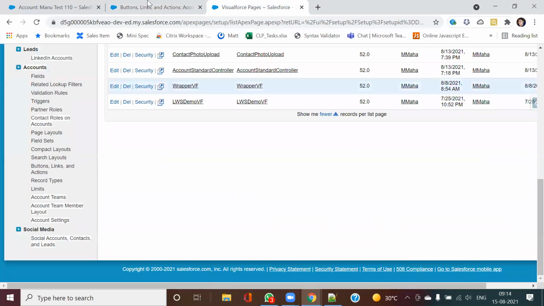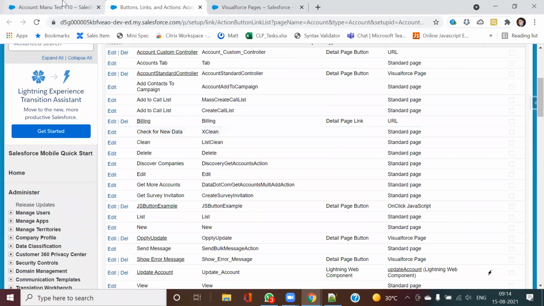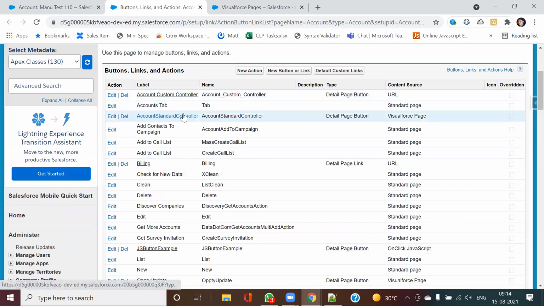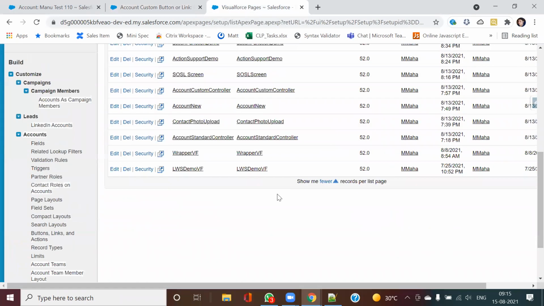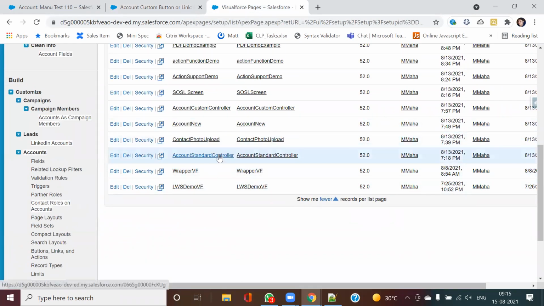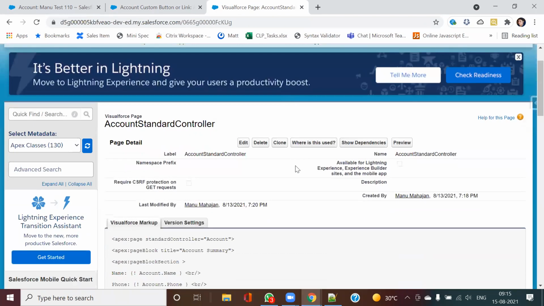Okay, fine. So how this has been done is, I have first of all created this account standard controller.